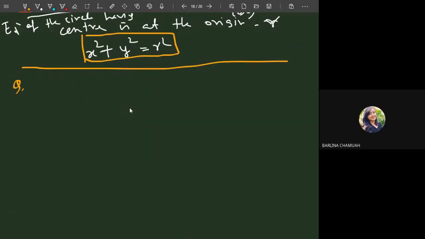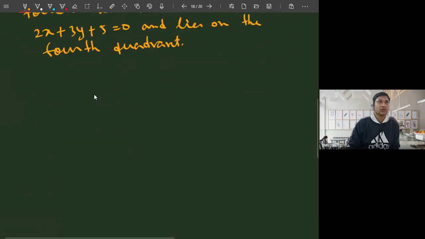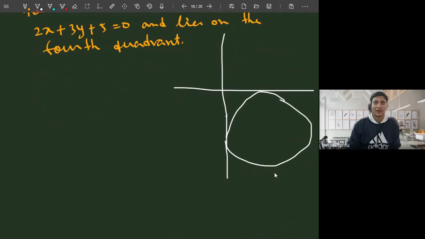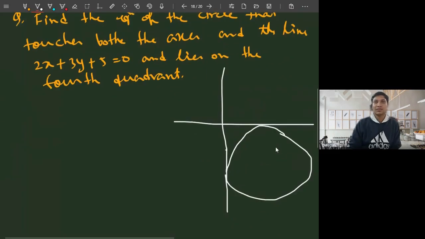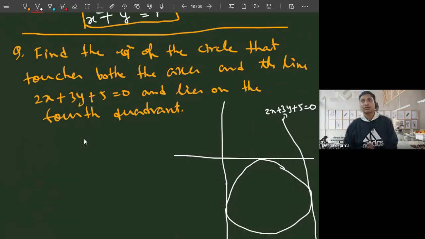It's very simple. Now let's consider one question. Try to understand the question. If you can understand, it's very simple. The circle touches both the axes, x-axis and y-axis. Also, there is a line, and the circle touches that line. Also, the circle lies in the fourth quadrant. So it is in this particular fourth quadrant, and the circle touches both the axes. Assume it to be a circle for the time being. There is also a line, maybe somewhere here. Is the question clear or not?